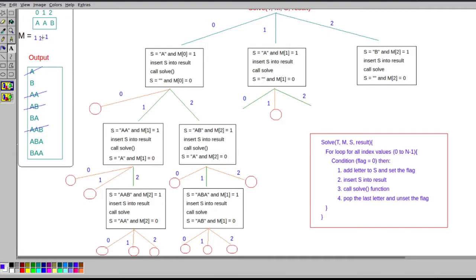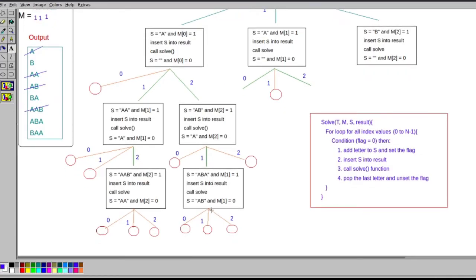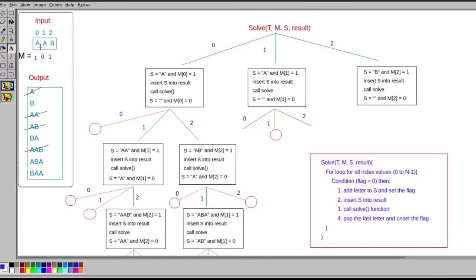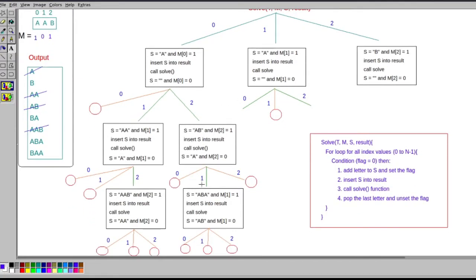So now all the alphabets are used, and if we call the function again it will not execute further and it will come back and it will pop the last letter, which was A, and it will unset this. So now the second alphabet is removed.